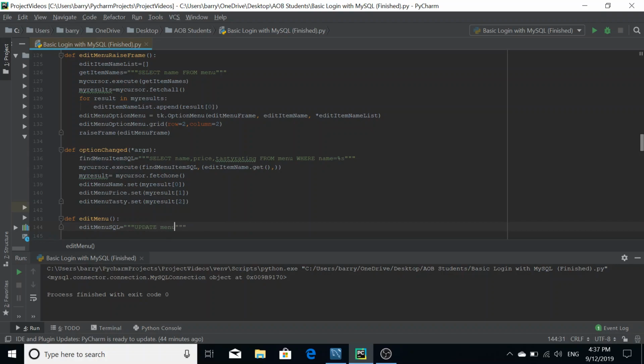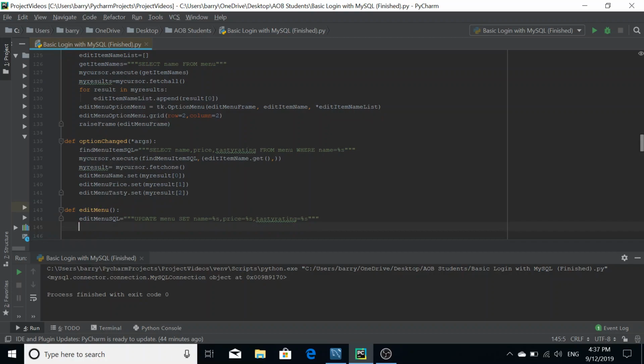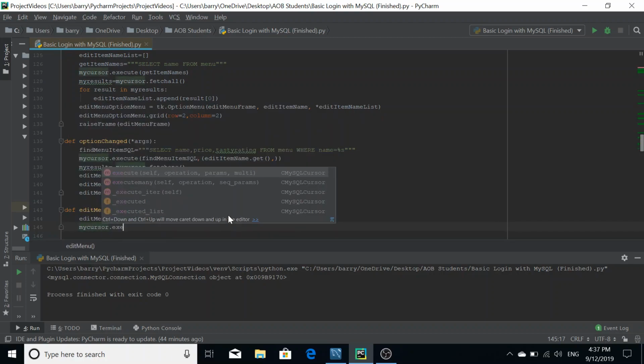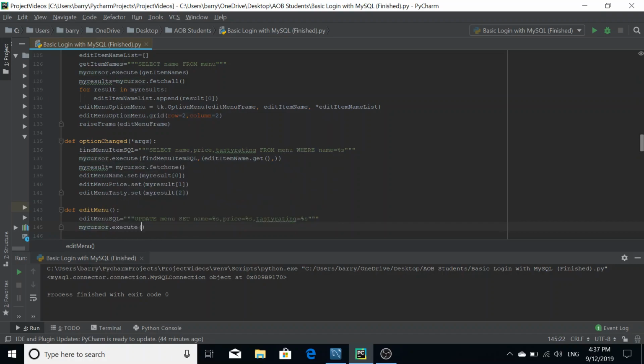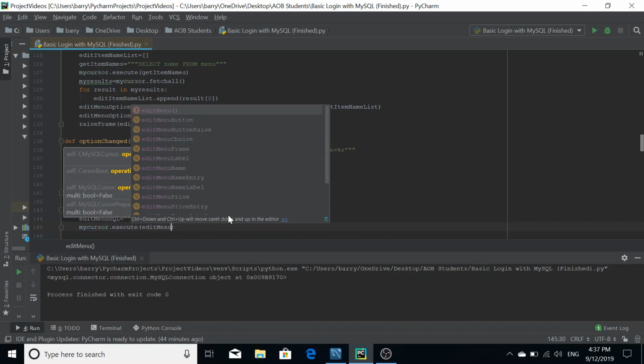So when you're doing your update statement, you need your update and then your table, and then you're going to set, and then your field names followed by a wildcard variable there. So price equals %s, and then tasty rating equals %s. There we go. And then my cursor dot execute edit menu SQL,